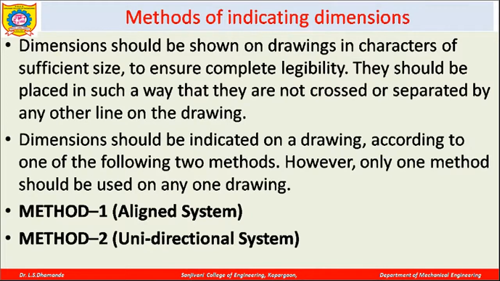Now we are going to discuss the methods of indicating dimensions. Basically there are two methods: aligned dimensioning and unidirectional dimensioning systems. These dimension systems we are going to discuss